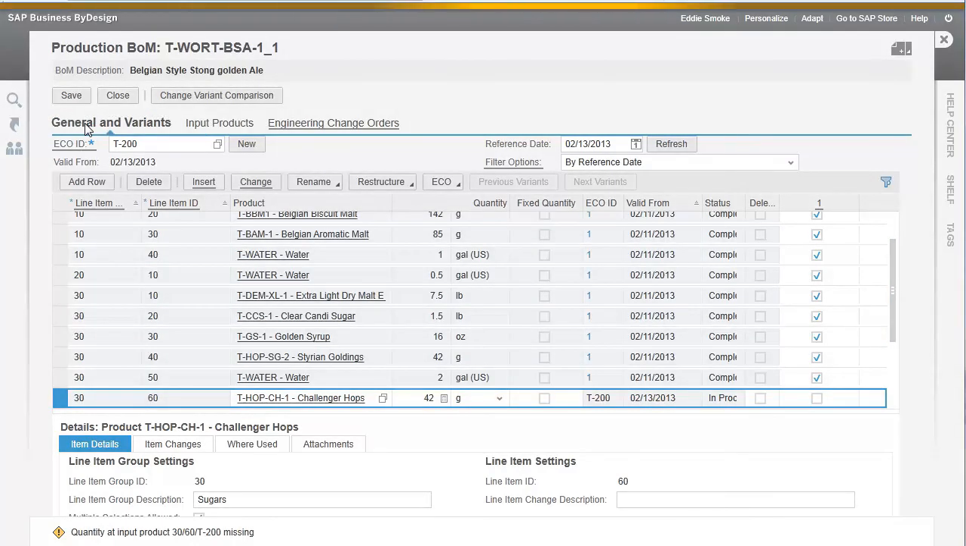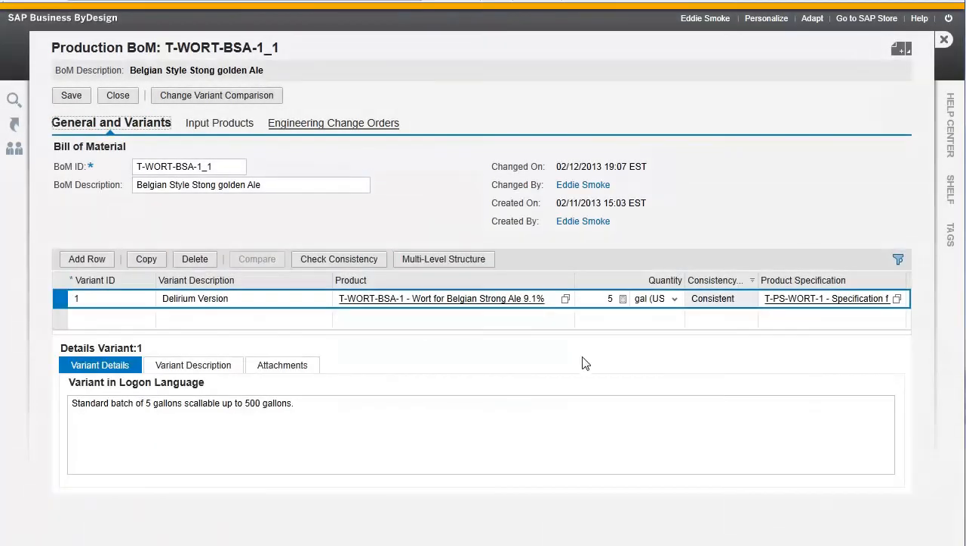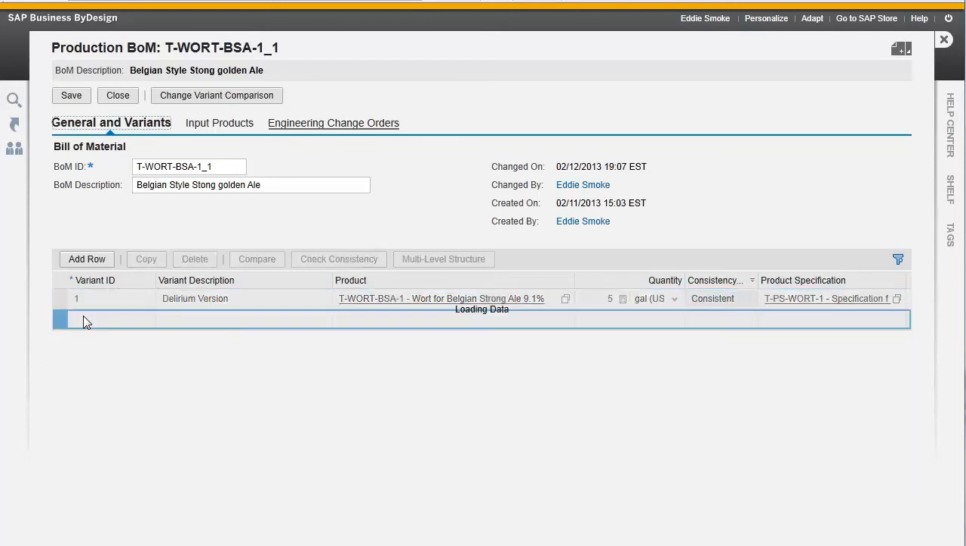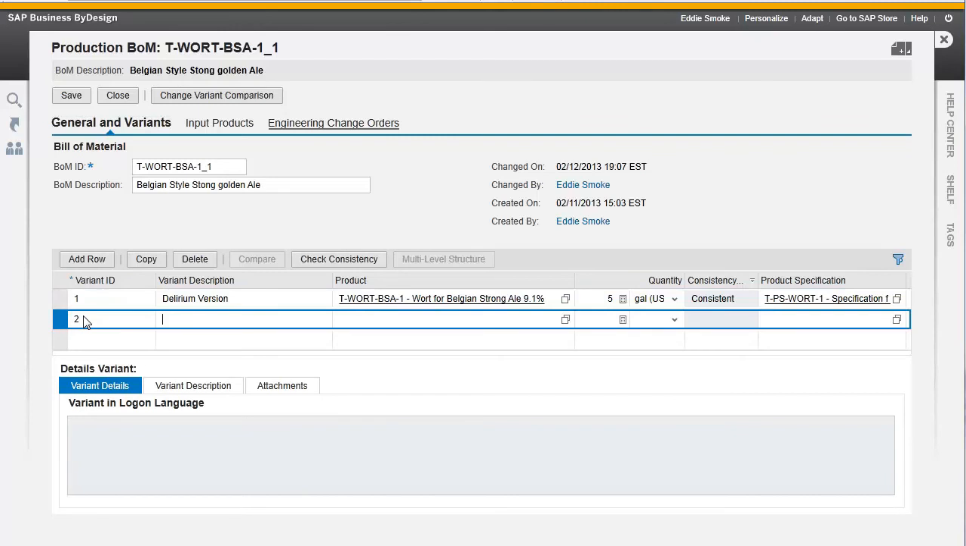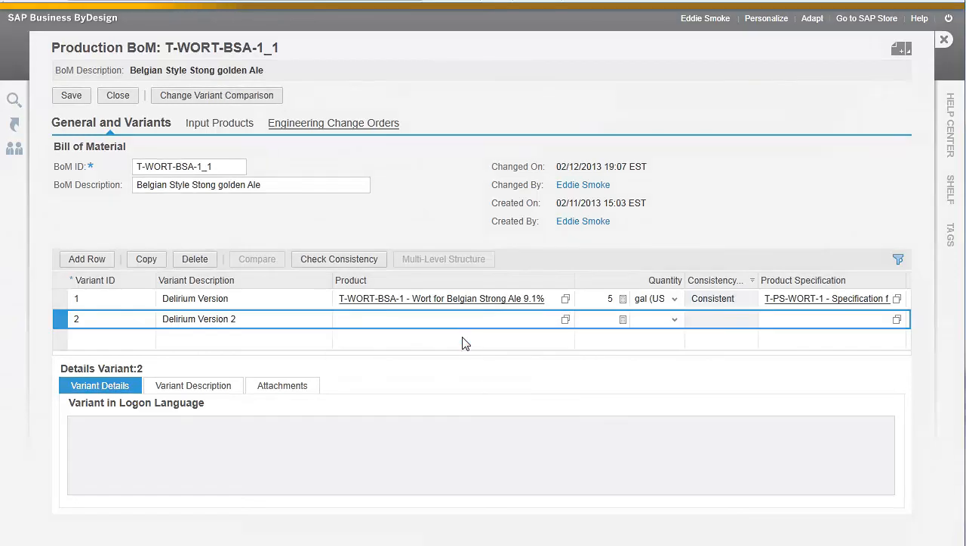Now, this is the different variant. Right now, our original formula is making this 9.1% Belgian strong ale, variant 1. We're going to add a second variant, which simply means that we have 2 different ways of making exactly the same thing, just using different ingredients. So here we have the 9.1%, the same exact beer,